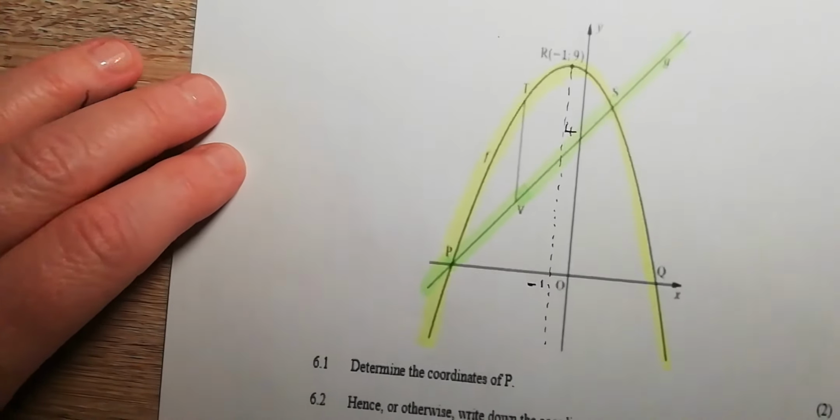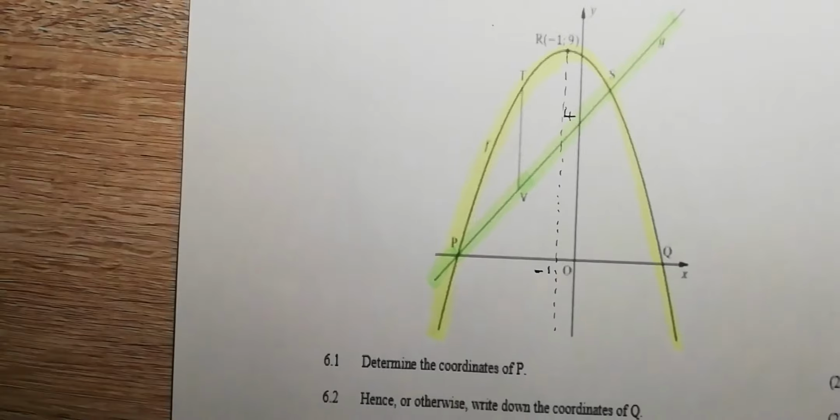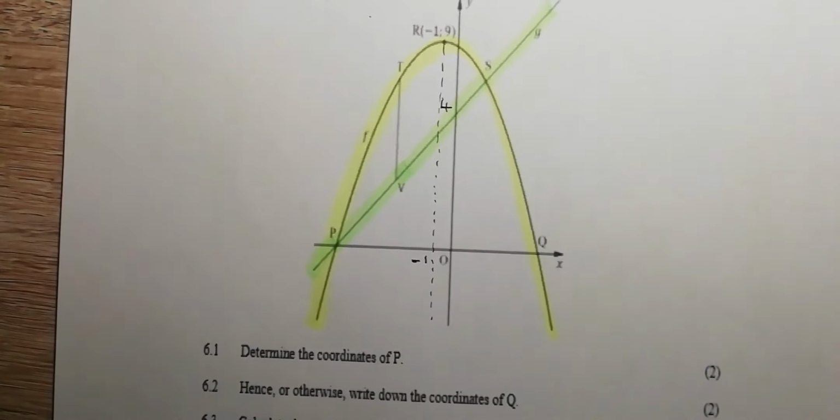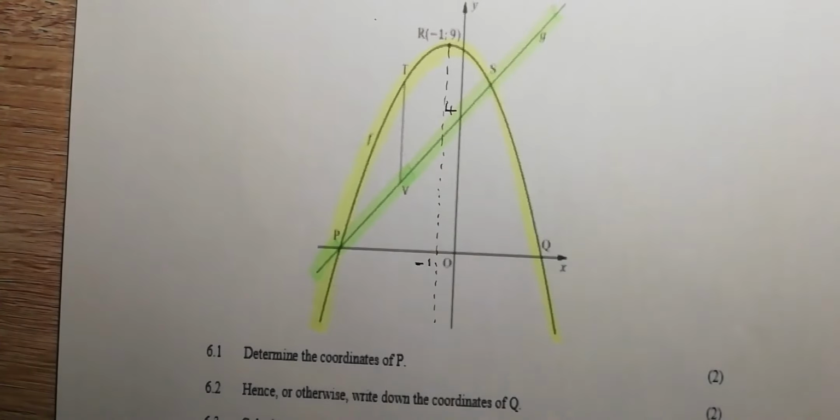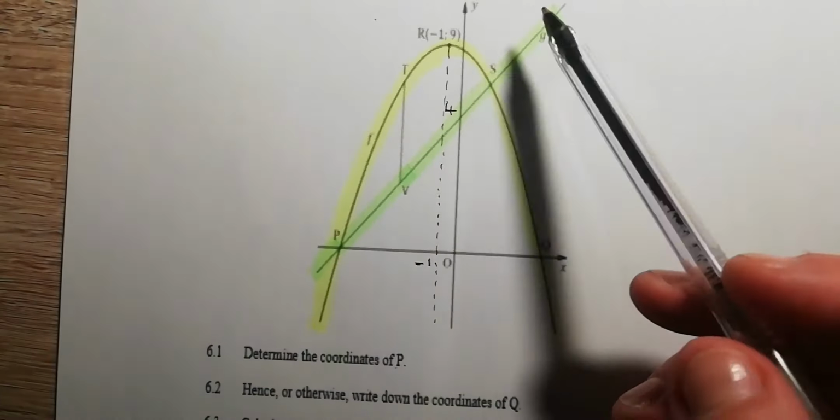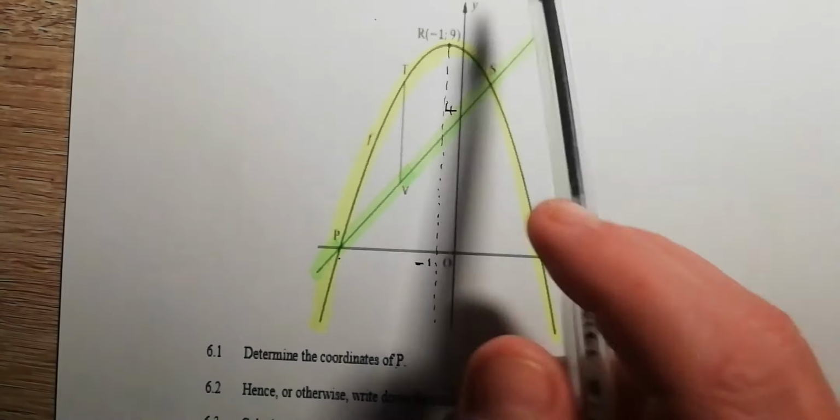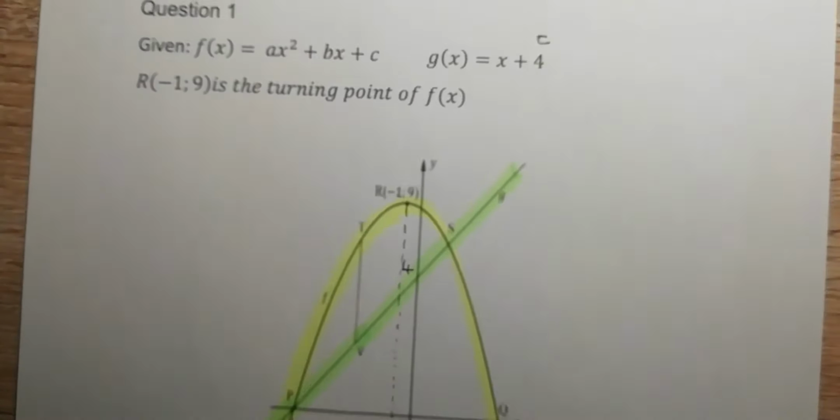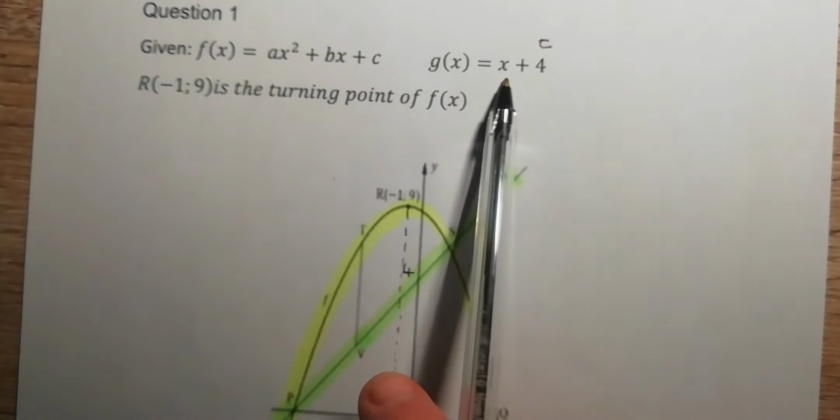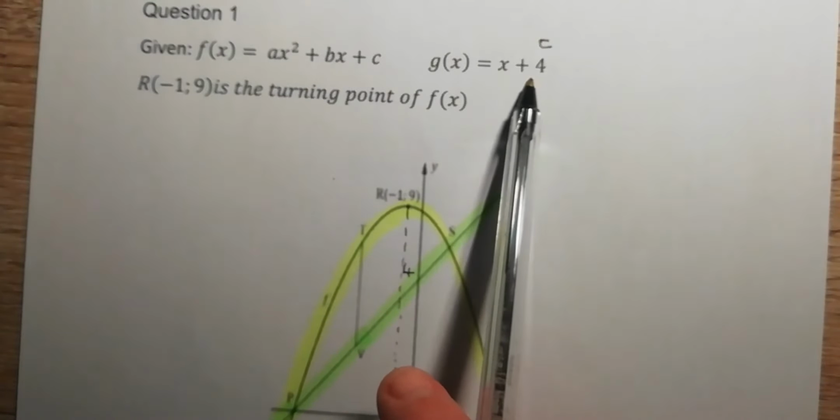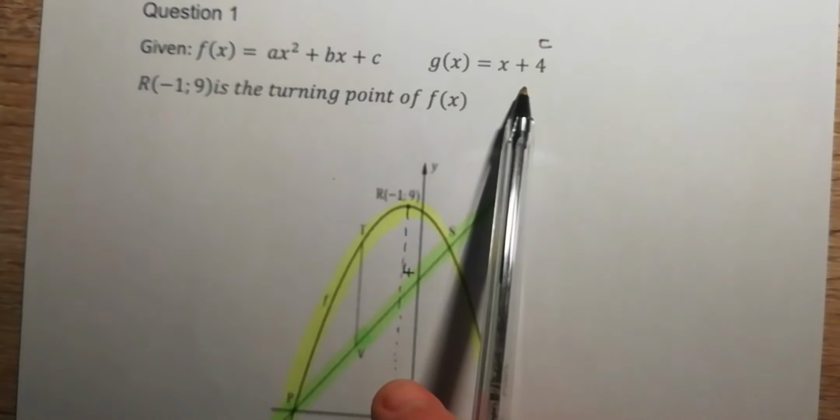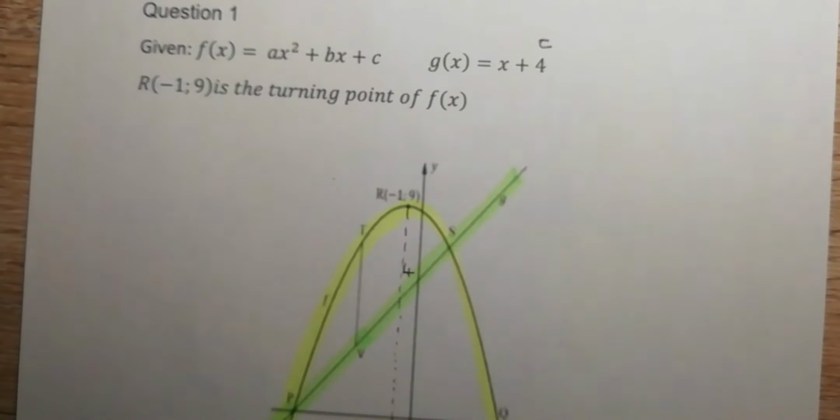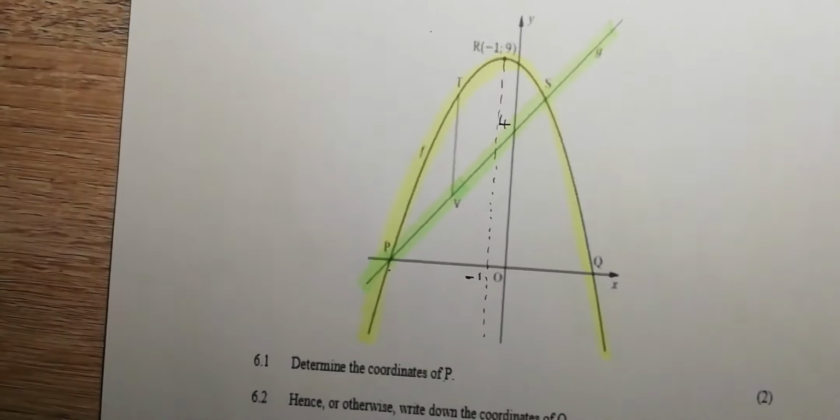So let's go to the questions. The first question is find the coordinates of P. If I must find the coordinates of P, then the only knowledge that I have about P at this stage is the knowledge of the straight line graph. So I have y is equal to x plus 4. In this case, g of x is equal to x plus 4. So P is going to be